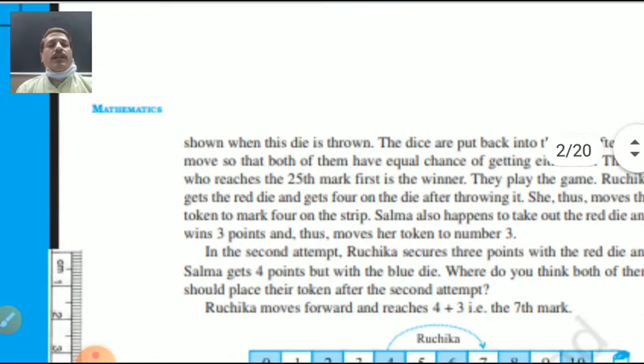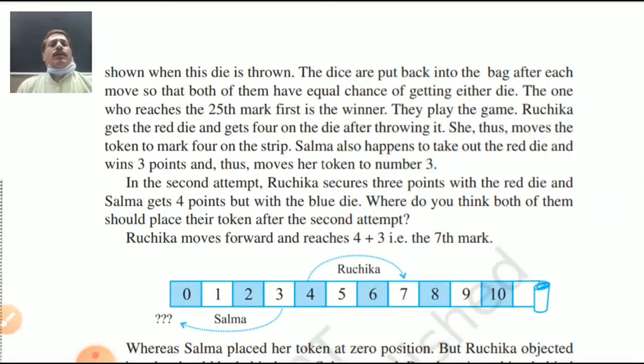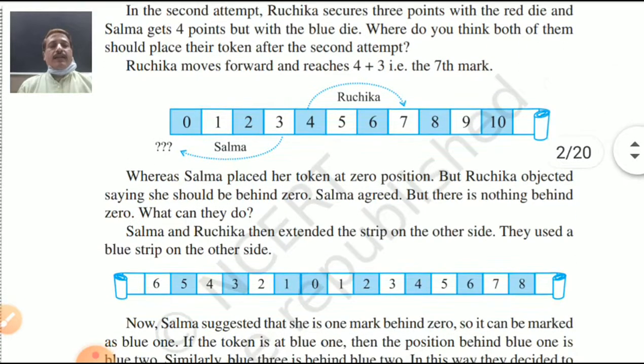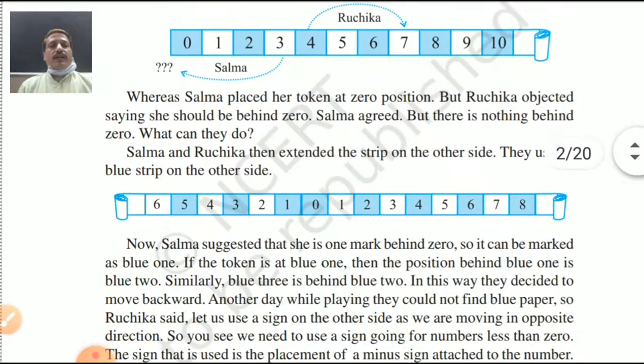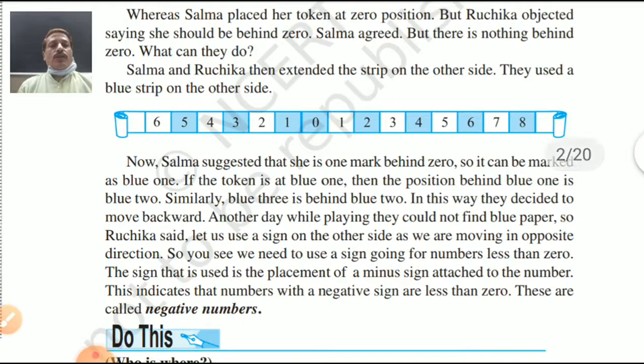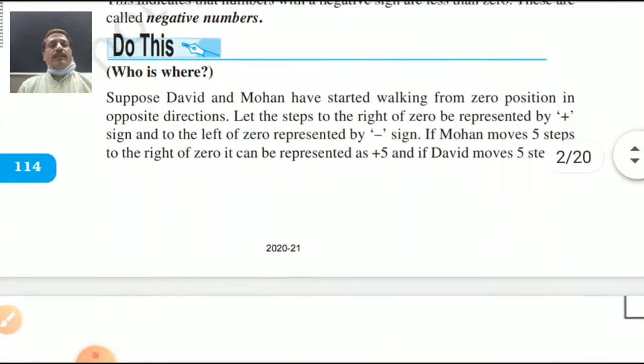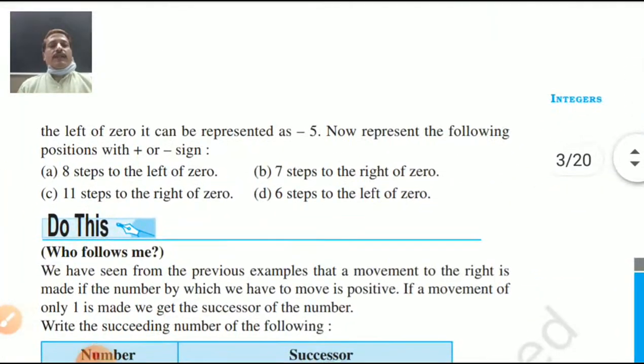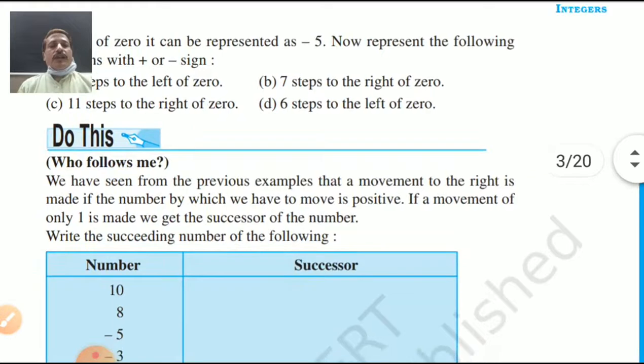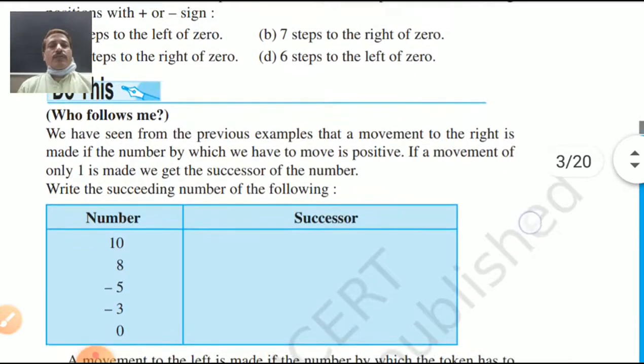So look here at some numbers, from 3 down to 0. Is it possible to go further? No, afterwards it is not possible. But Richika can move from 5, 6, 7, etc. on the right side. Yes, my dear students, so the numbers here are countless. Some activities are also given in our textbook, which is very helpful. Yes, so revision starts here.